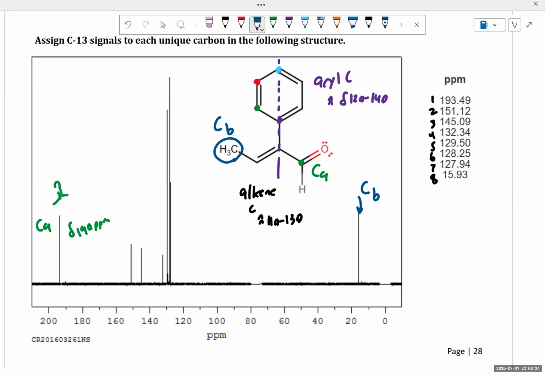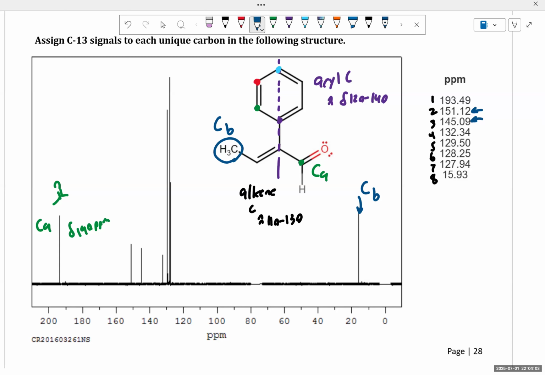From here, in terms of the chemical shift values, we would expect the alkene carbons to be shifted a little farther downfield than usual because we have this electron withdrawing group. Given that we have a pretty clear set of two signals in the 140 to 160 range, these two signals here,